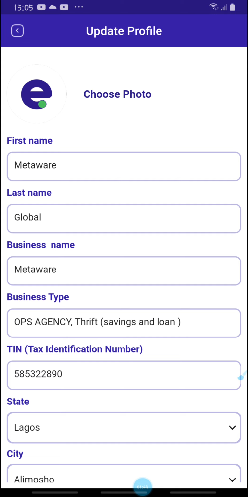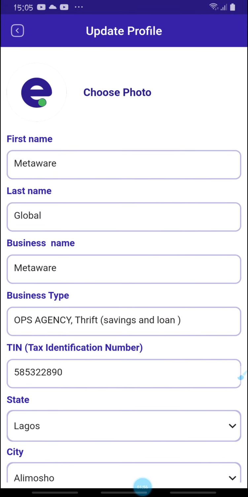Please don't put your picture. This is a business. So maybe you better have AI now. You can use Google Gemini to generate just a logo for your business. So put it there, and then